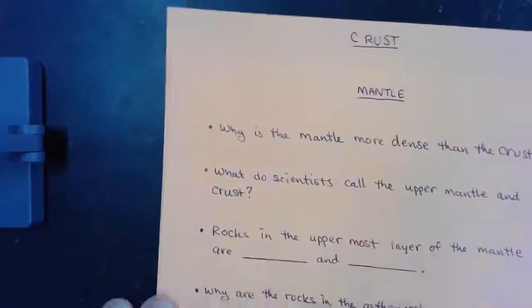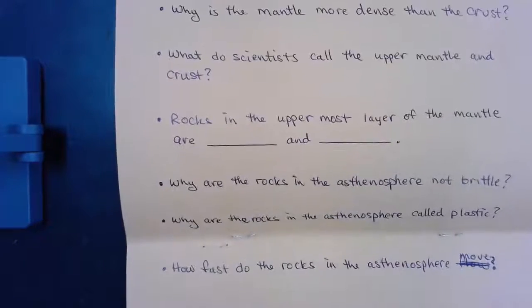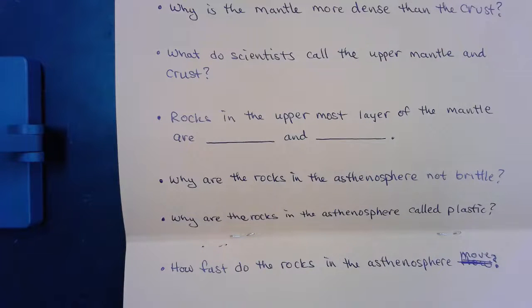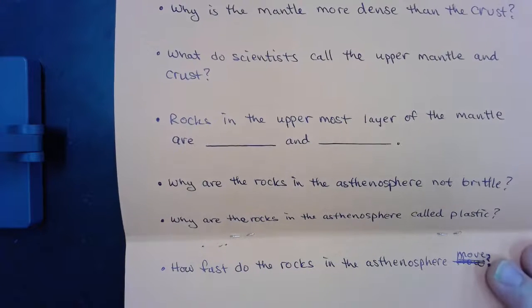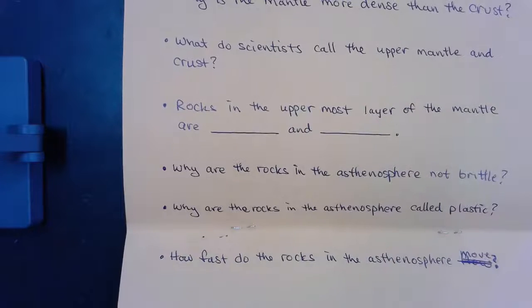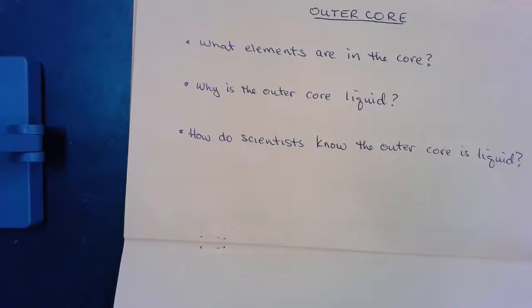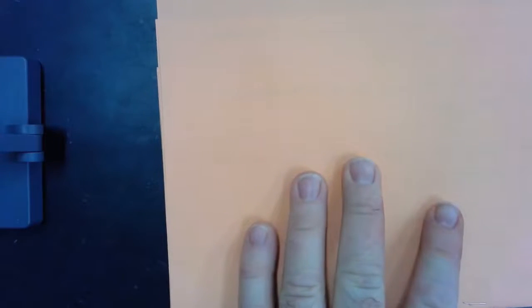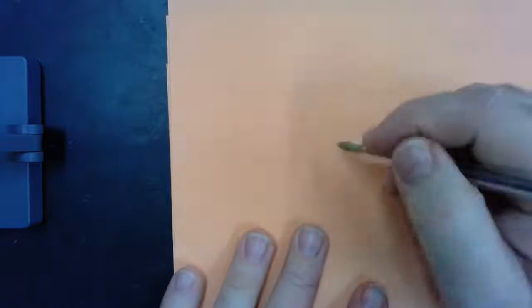There's information on the mantle. I don't know that I'll get them all stapled. See, the staples are kind of hard to do in these deals and make it work out right, but we'll see what we can do in the time that remains before I have to go. So mantle then on page 208. Yes, mantle's on 208. Outer core and inner core are both on page 210. And so there's just a couple things on the outer core, on the inner core, and that's good. I did not put a name blank on there, so while we're thinking about it, why don't we get our pencils and write our names